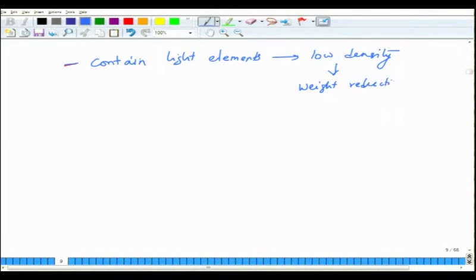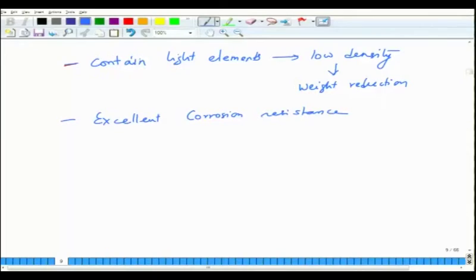Then they have excellent corrosion resistance. For example, HF cannot be stored in glass bottles, it can only be stored in plastic bottles. So, they have excellent corrosion resistance, and they are cheap because they can be formed at lower temperatures, the processing is easier,